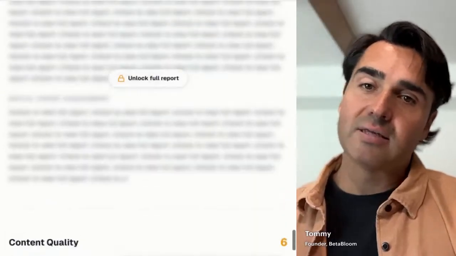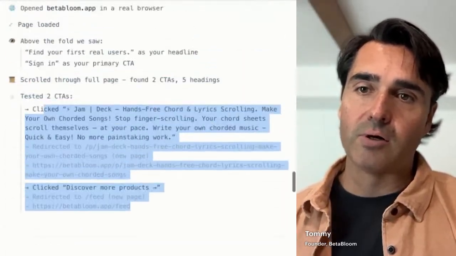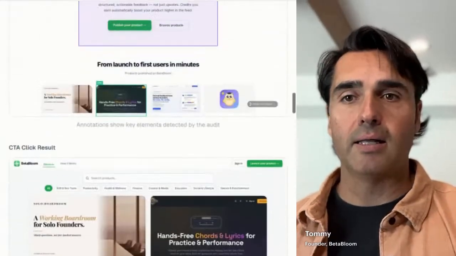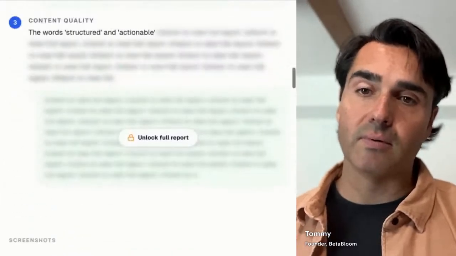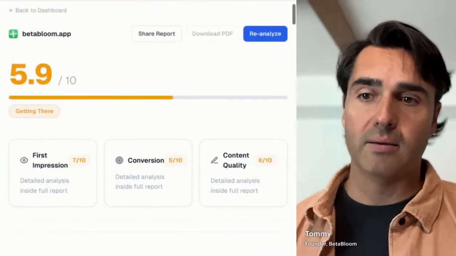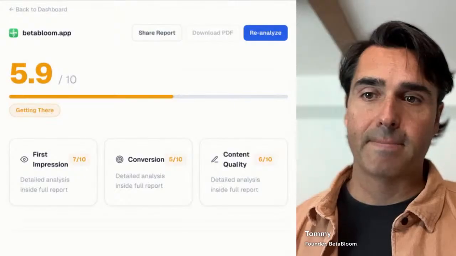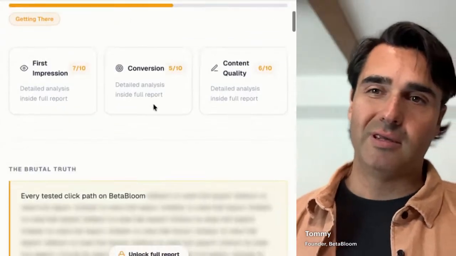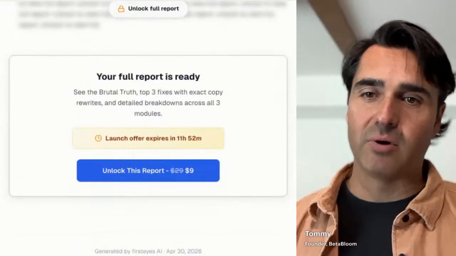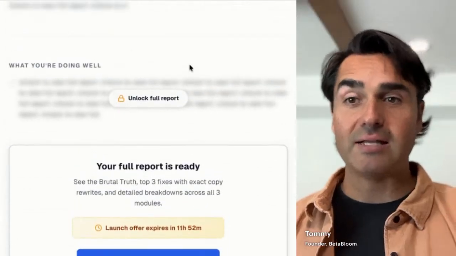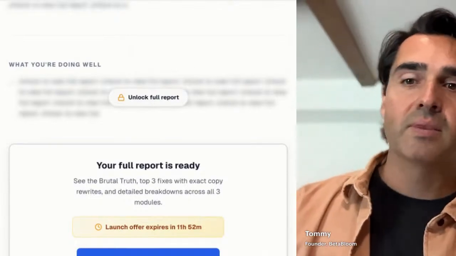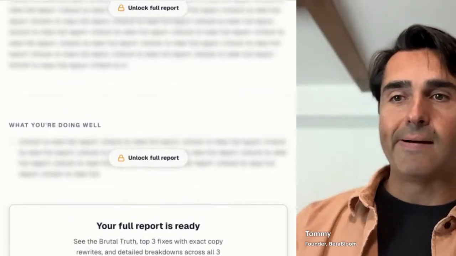And then the other thing here is, for technical people, I'm wondering, can I write my own system with AI to do this for me, and get similar results? You know, that's kind of what I'm thinking. So I don't know. I'm not to the point where I want to spend the $9. If I had some social proof, like other founders speaking to how much value this created for them, maybe I would be there. But